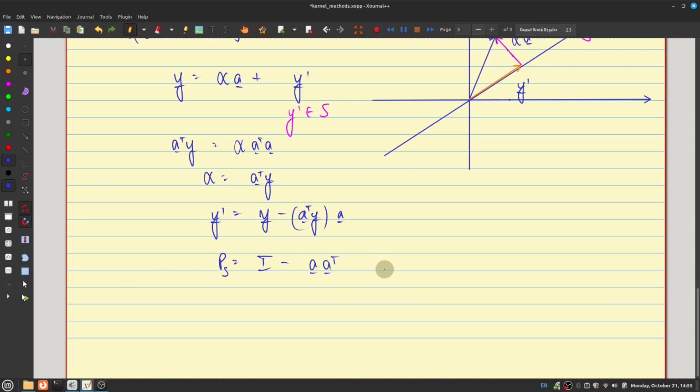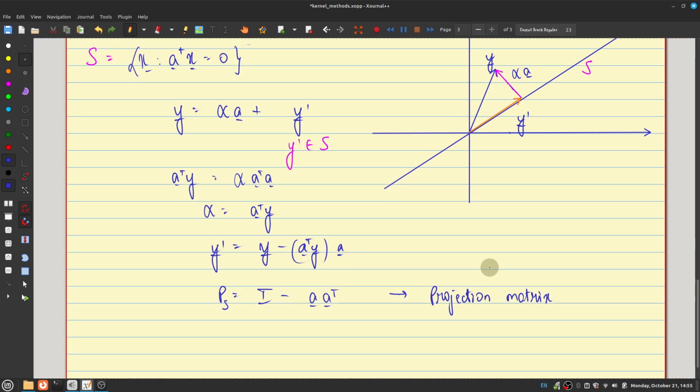So this is the projection matrix. Okay, so that's good. All right, so now that we're a little bit comfortable with the geometry of this particular set,